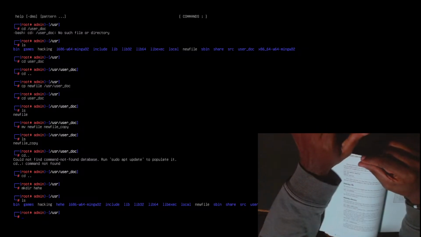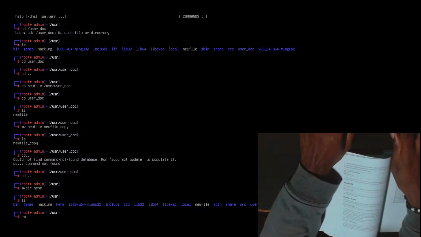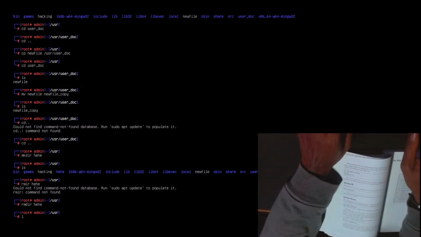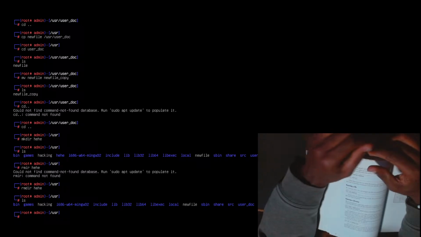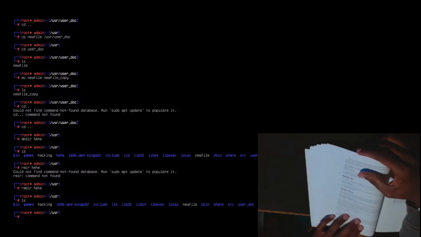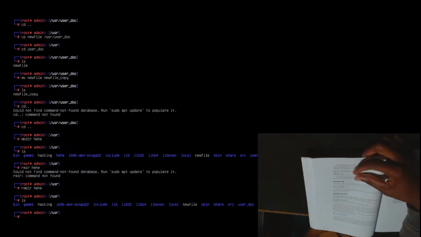And then we could do remove directory, rmdir, on it, and then we can list it. It's no longer there. That's nice. Okay, it's important to note that rmdir will not remove